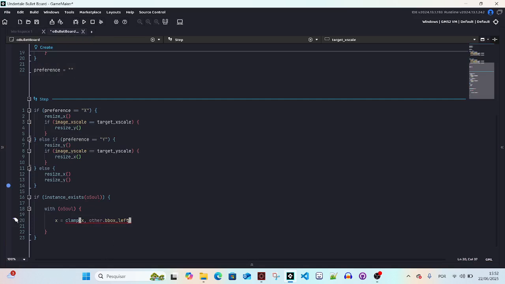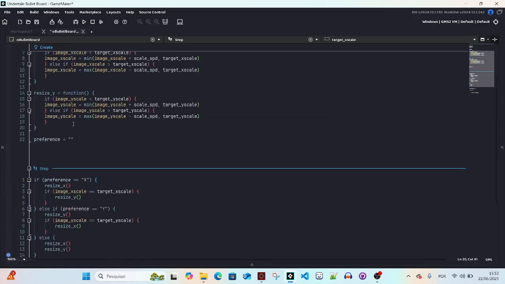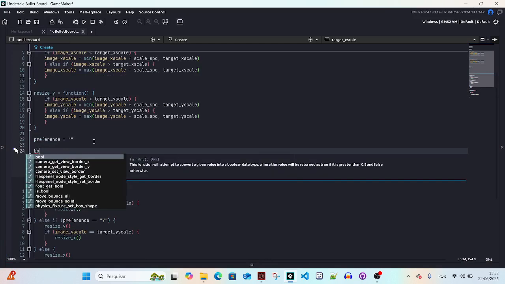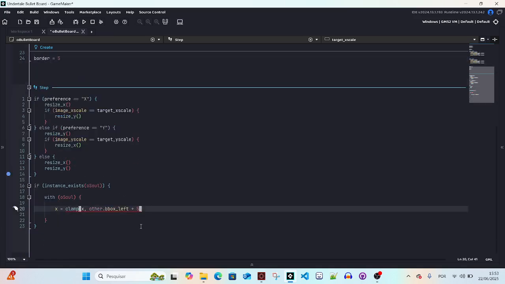So we're basically putting our minimum value as the leftmost edge of our collision box plus 5. And 5 is the size of the border that I put for my own bullet board. Yours could be 6 or 4 or whatever. And we're going to be using that in the future, so we might as well save it in a variable here in the create event. Let's say border equals 5. Now we come back here, plus other dot border